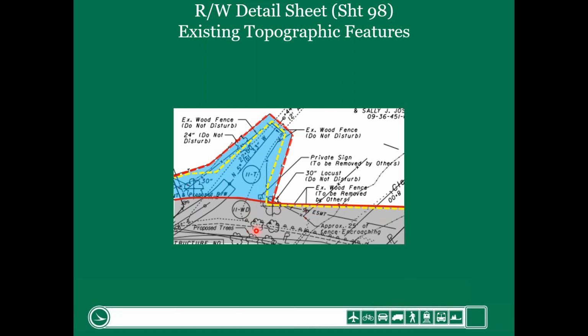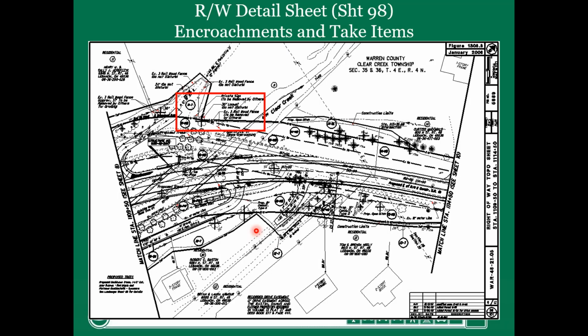However, this is what we call a topo sheet. There's so much information on this sheet and the one I just showed you, parcel 12, that we separate out the survey information. So we have a topo sheet that has all the topography, the driveways, the trees, and then we have what's called a boundary sheet that has just the survey information on it and the property lines and the right-of-way lines. I'm not going to show that today for lack of time.